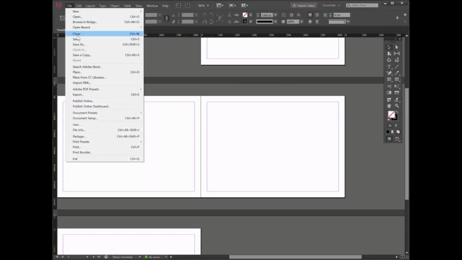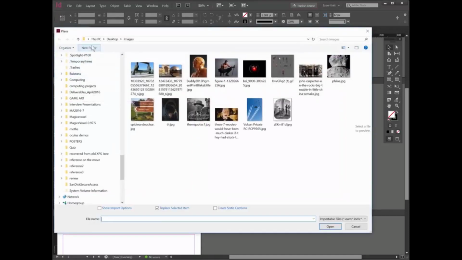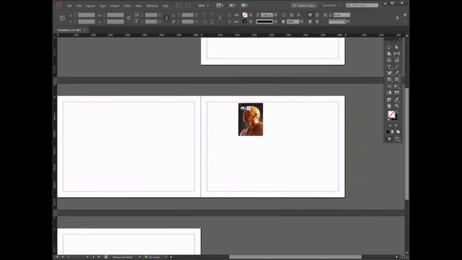So File, and I want to put some images in, and I don't import them, I place them in there. That's the important part at the moment. So if I go to Place, and I'm going to get them from here on the desktop, and I'm going to drag in a couple. Let's just drag in that one and that one for now. And you'll see straight away I've got a